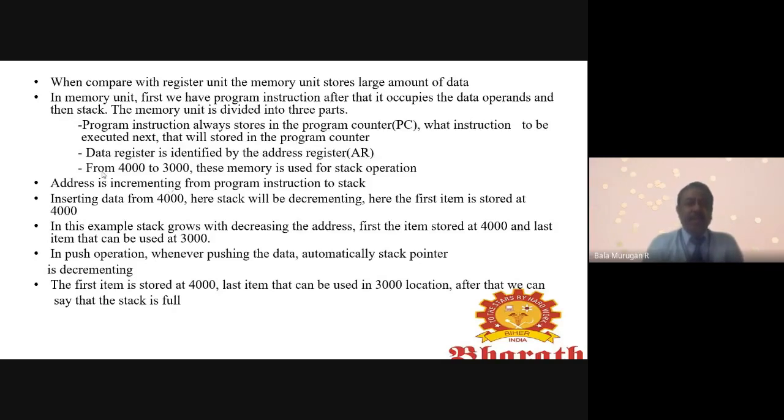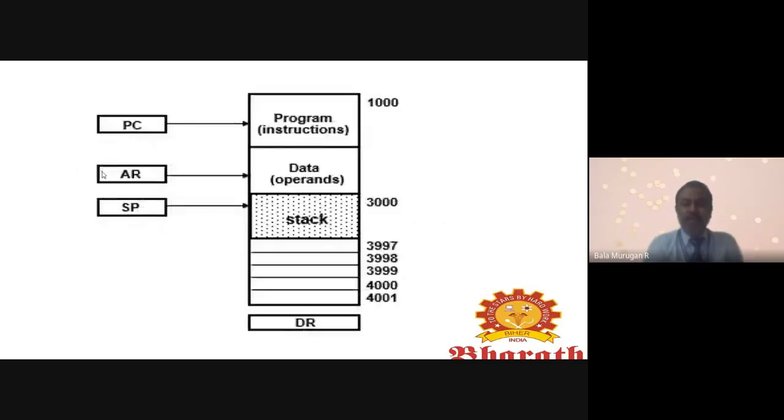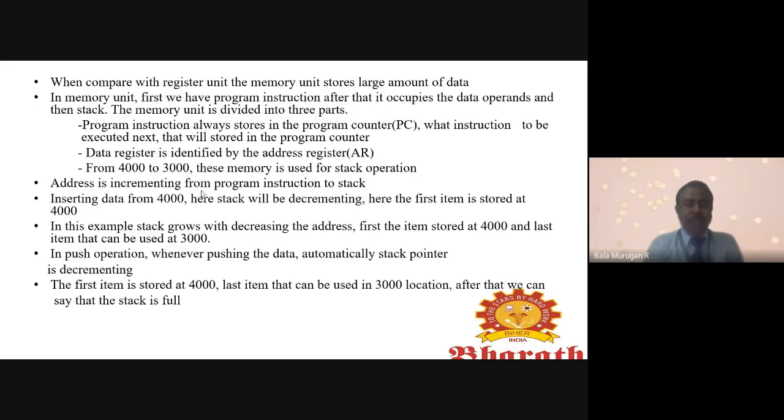From 4000 to 3000, this memory is used for the stack operation. You start from 4000 and it ends at 3000. The address is incremented from the program instruction toward the stack.